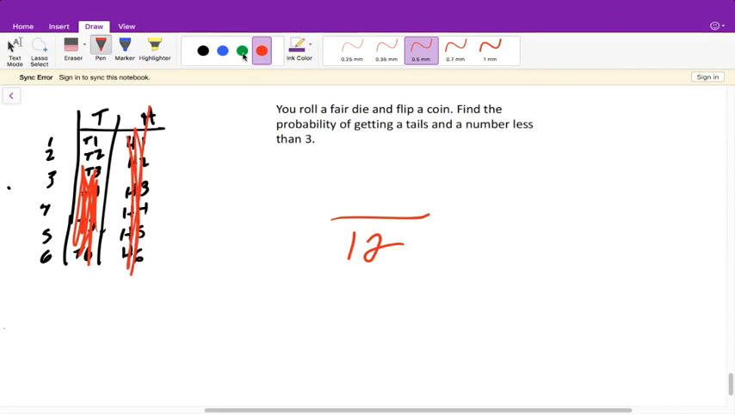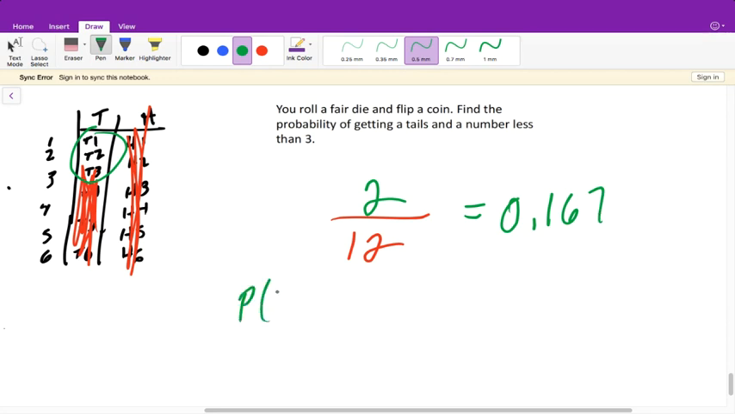So then the only ones that could possibly satisfy what I'm looking for are tail 1 and tail 2. So there's only 2 times that it will satisfy it. So this would then equal 0.167. So the probability of getting a tails and n less than 3 is equal to 0.167. Right, so this one, you could have listed it out like I did here and created that table, or